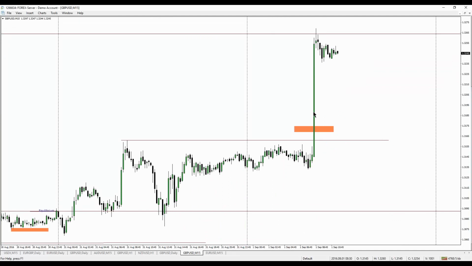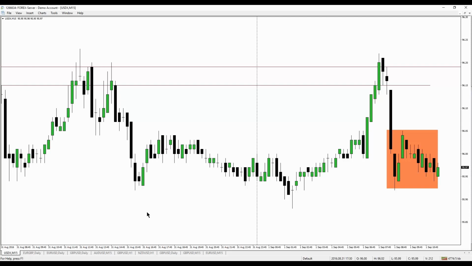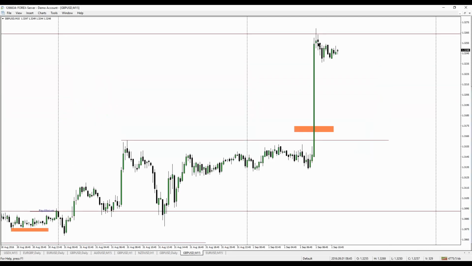Okay, so we have a little bit of liquidity in here that was all one range, all 1 hour, and we're just consolidating right below a level that it's obvious you're going to want to push through one more time. I'd rather see them retrace a little bit more and not just stay tight here. I'd rather see the dollar kept in the range in here, and let the British pound come down and take out the low in here that they've allowed to stay in place so far. See, this has all been one-way movement, all one-sided.